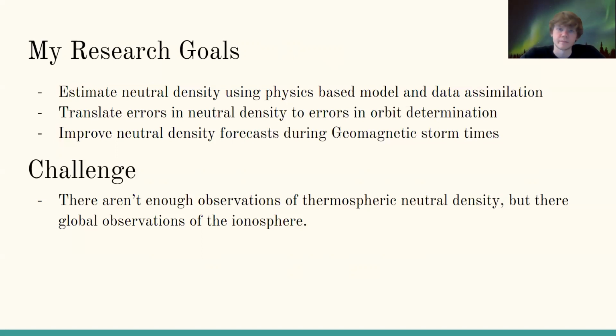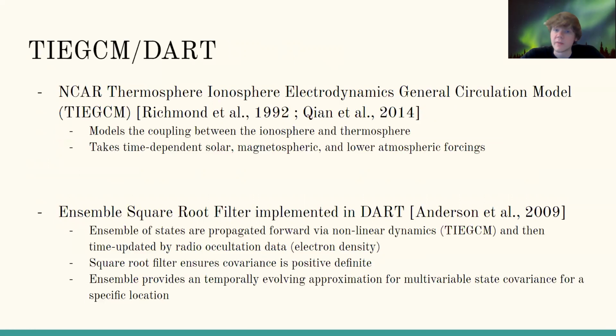And from this coupling between the two systems, we can try to infer states in the neutral density based on states from the ionosphere. Now, in order to model this coupling between the thermosphere and ionosphere, the general circulation model TIEGCM, developed by NCAR, is used. And this model offers a lot of advantages. Namely, it offers the coupling, it offers global states for the entire hemisphere, and it allows us to define time-dependent input changes so that storm time behavior can actually be modeled. And lastly, it's just a widely used model